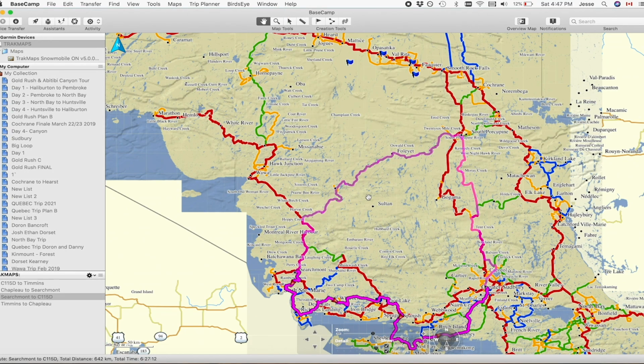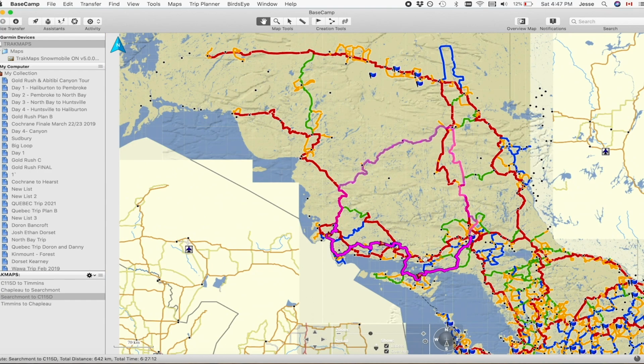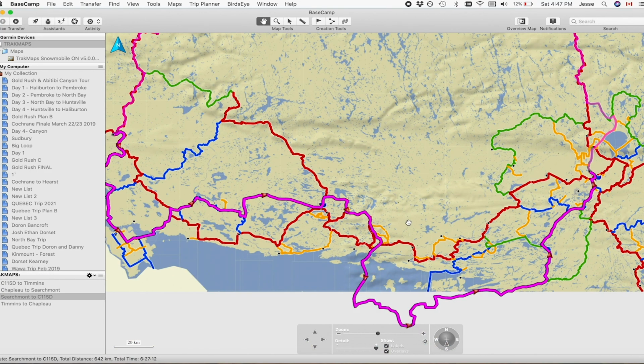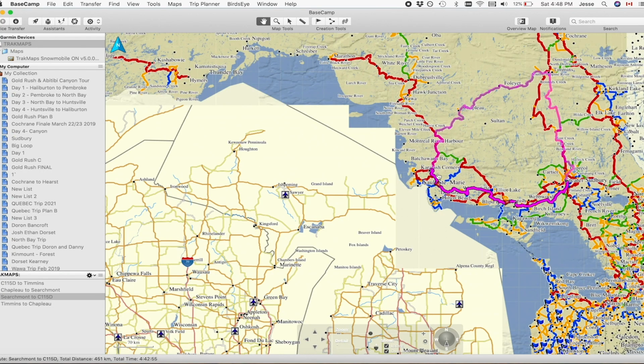Okay, so here's a good example. As you can see, with this last day, it didn't really take me the most direct route. Let's say I didn't want to go onto Manitoulin Island here. I wanted to stay on mainland. So what you're going to do is you're going to zoom in, and essentially you drag the route that the software made to where you want the route to be. So I'm going to grab this here, and I'm going to drag it back over to this trail over here. I'm going to click enter. And as you can see, it's now rerouted me on land, so it's a much shorter ride directly from Searchmont